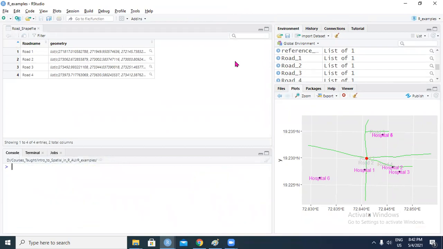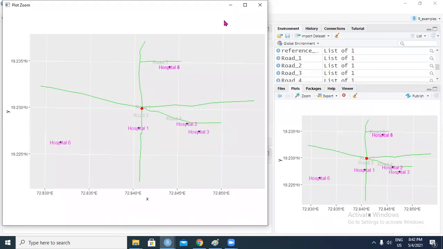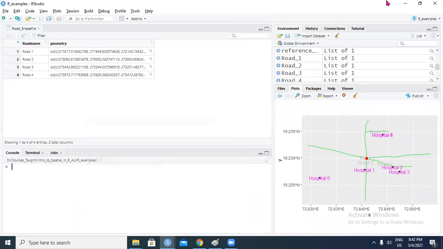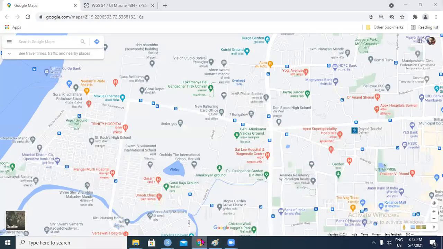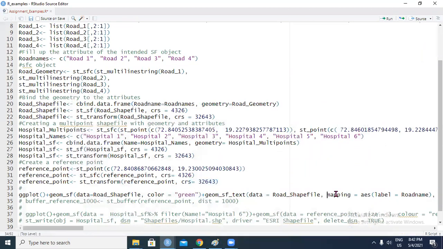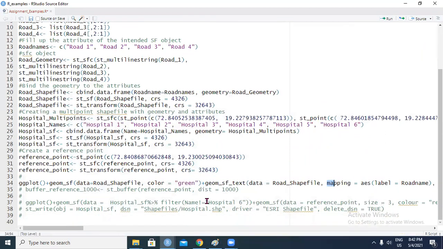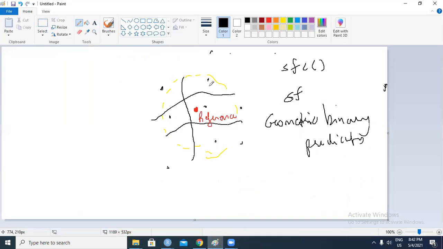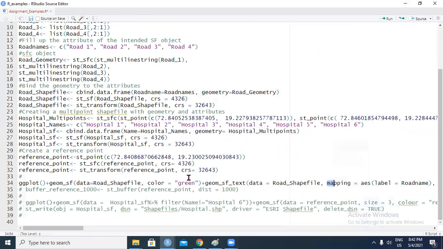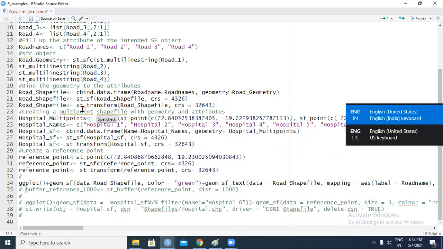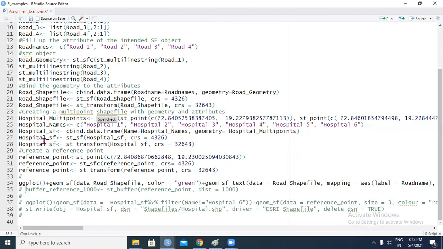Okay, so the goal now is to create a buffer and search for hospitals within that buffer, or search for any features or objects within that particular buffer. Obviously I do that by using the st_buffer function in simple features.